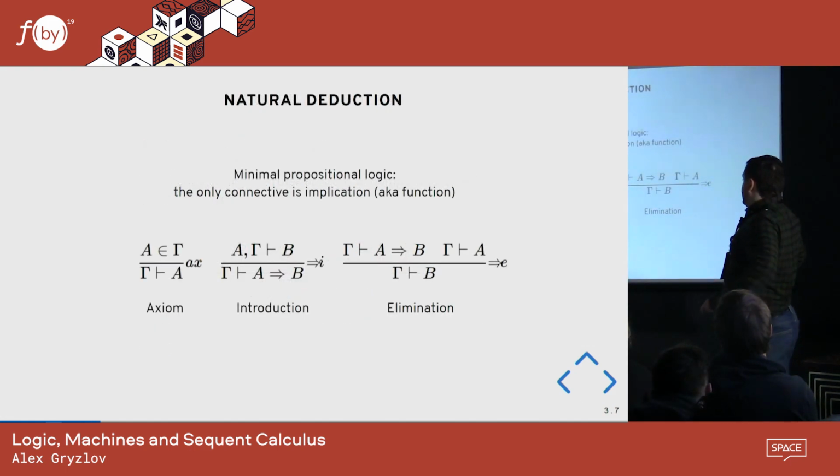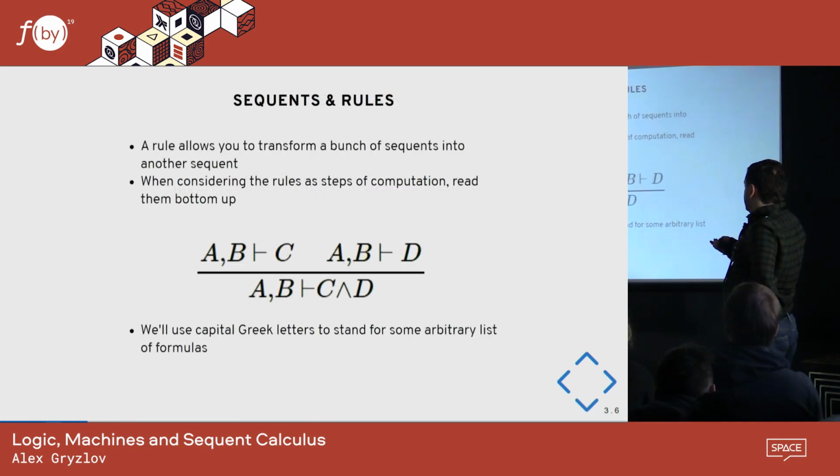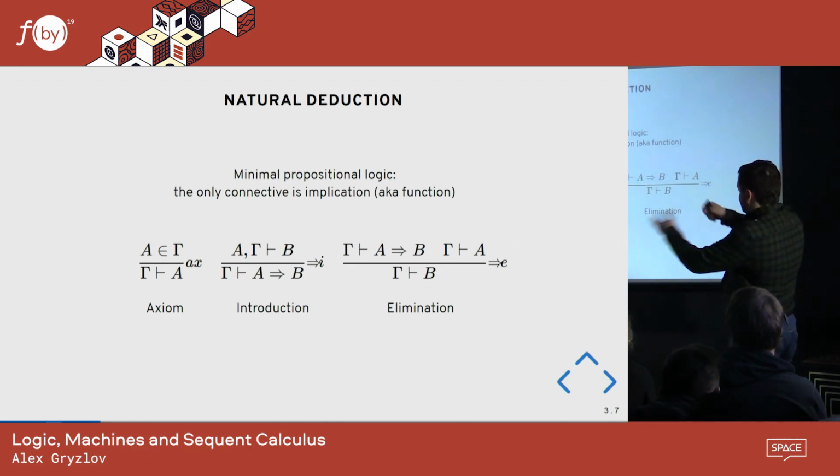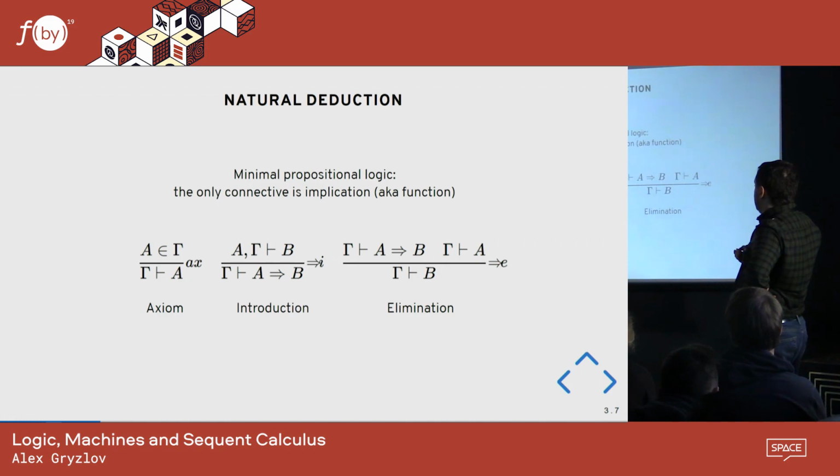So what is natural deduction then? It's a very simple system. It corresponds to the so-called minimal propositional logic. So the only logical connective in this system is the implication, or the function in programming parlance. And it has these three rules, these axioms. If on the left-hand side of the sequent you have some A, then from gamma follows A. Introduction of this implication: if there's A and gamma, and from this follows B, then from gamma follows that from A follows B. So basically just moving it to the other side of the sequent. And elimination. So how can you make this implication or function, and how you can destroy it or eliminate it.